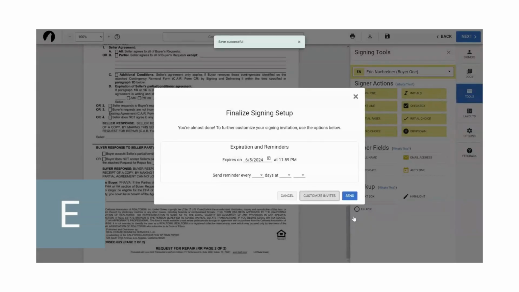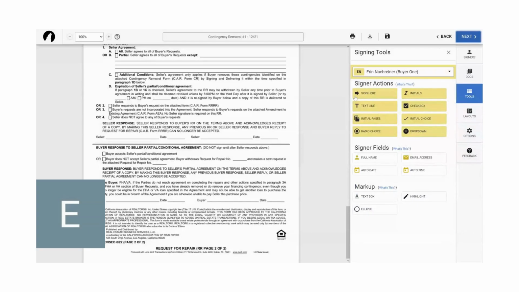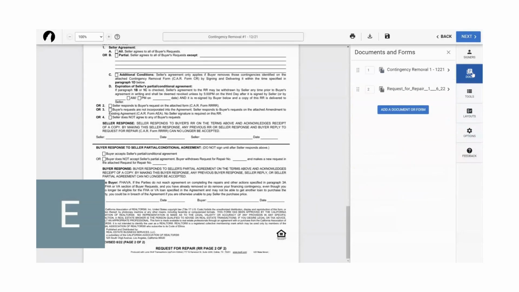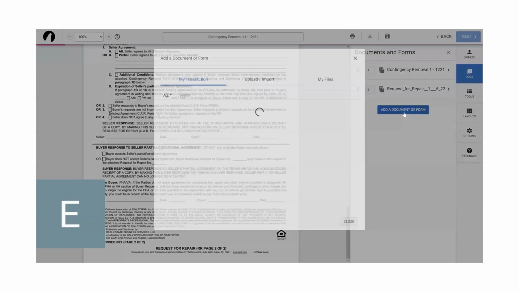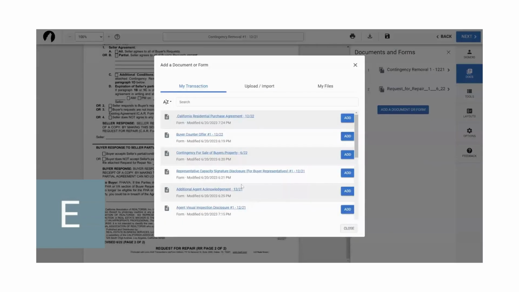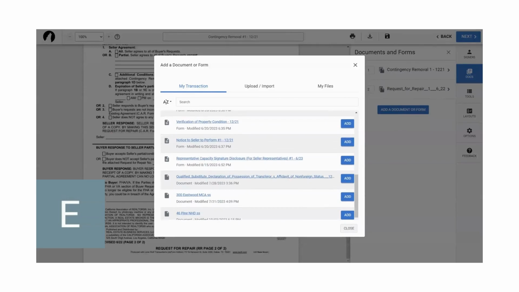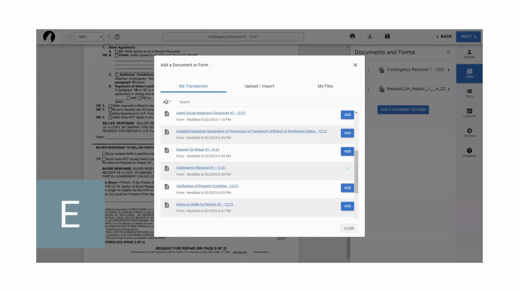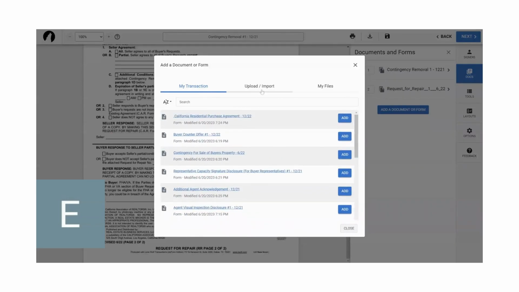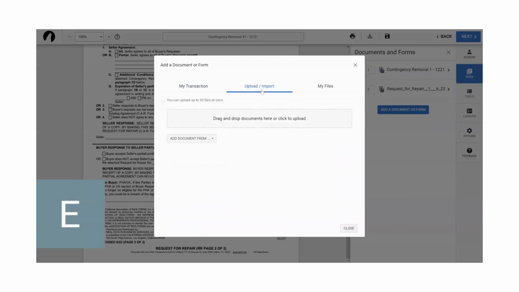Save. Now let's say that you get to this point and you forget that you want to add another document. You just close out, go to documents, add a document or a form. And this is everything from your transaction. So you can add something here. Or if it's an external PDF, whether it's the termite report or anything like that, you can grab it